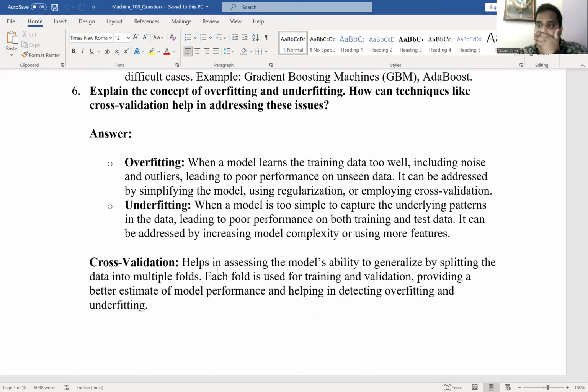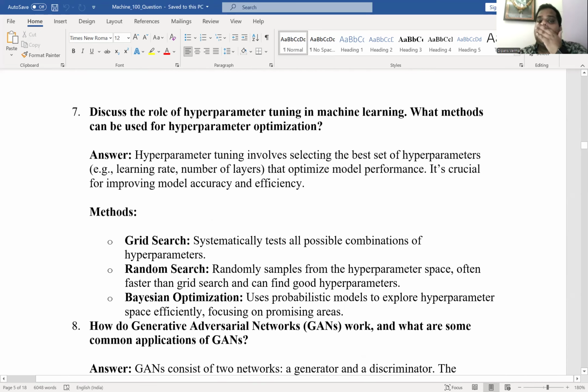That is a point that we need to understand. Again, hyperparameters involve things like the number of layers and the learning rate that optimize model performance. So we'll try to pick the best hyperparameters, like the learning rate and the number of layers, what can be the number of layers, what can be the learning rate. We'll try to choose them and optimize performance better, like SGD, which we use in NLU. Here in machine learning, the hyperparameters